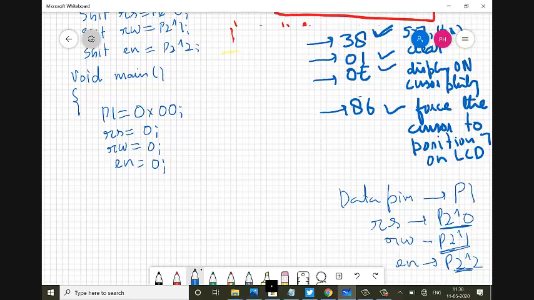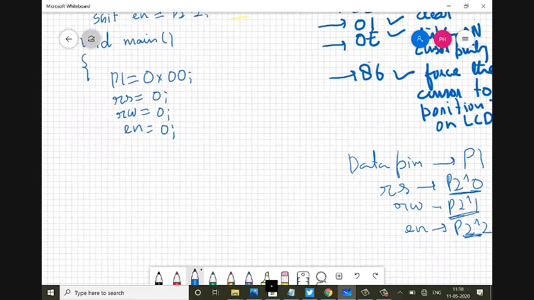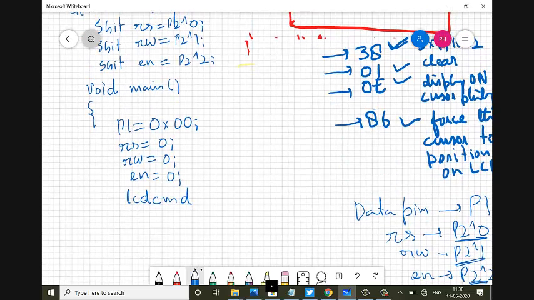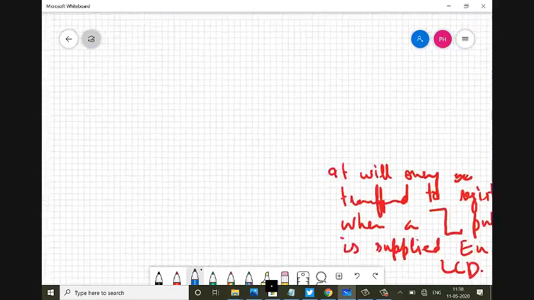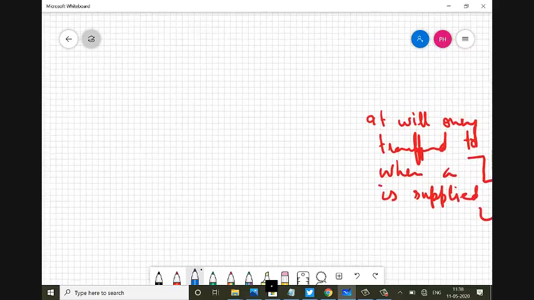command to the LCD. That function, maybe I will call it as LCD-CMD. So what's the first value I have to send? First of all, I have to initialize the matrix, so I have to send 38. So I will pass a value 38 to this function. I will define the function somewhere here,